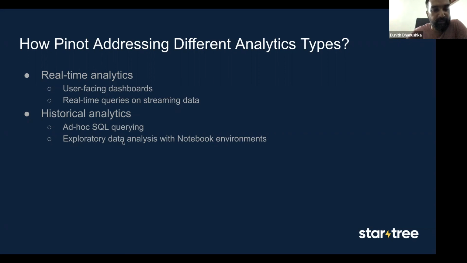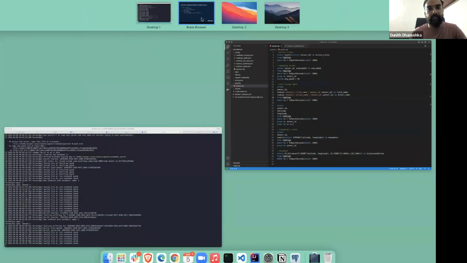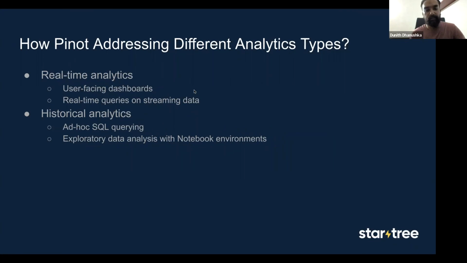And then you can plug in different frameworks and exploratory data tools to query historical data so that you can come to different conclusions on how data has been changing over time. So that's how Pinot and Kafka are collectively addressing the needs of a typical IoT system architecture. So that's about our meetup. Since we have a few minutes remaining, I think I can take a couple of questions.